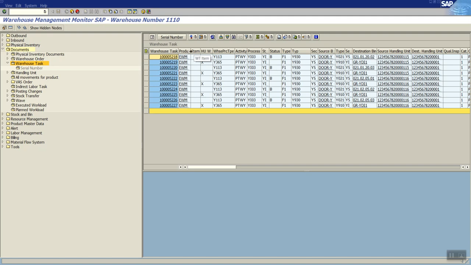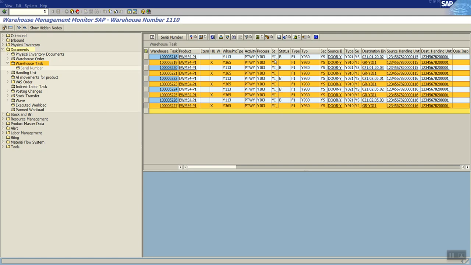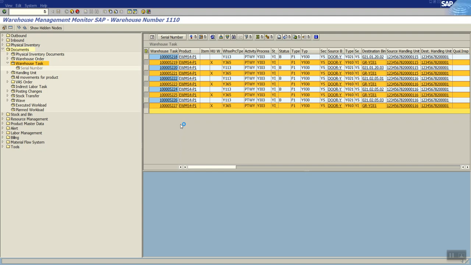The process that we are working with here is unloading, deconsolidation, and then final put away. Whatever shows here is in waiting status. So collectively I will select all open warehouse tasks, and then 1, 2, 3, 4, 5. I will confirm this warehouse task in the background.